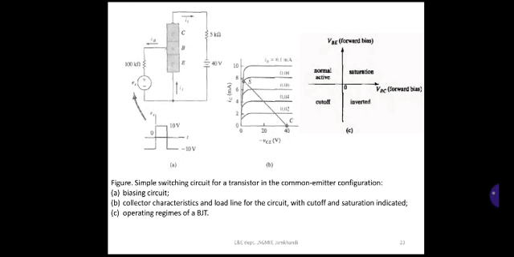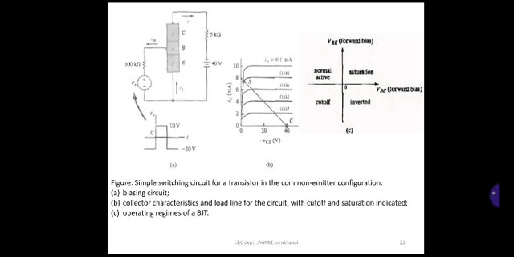If the base current is positive and sufficiently large, the device is driven to the saturation region. In the saturation region, both the junctions, that is the emitter junction as well as the collector junction, are forward biased. That saturation region is marked on the load line as S. Observe the figure, the S represents the saturation region. So this is the on state of the transistor.